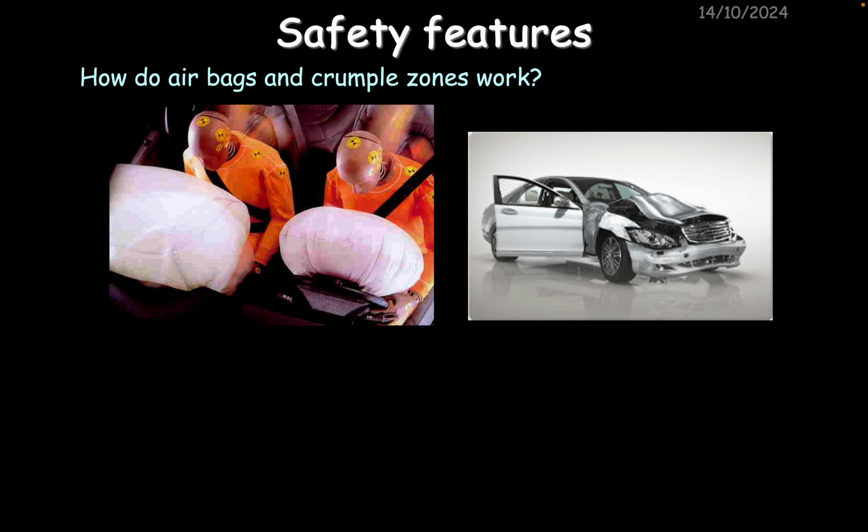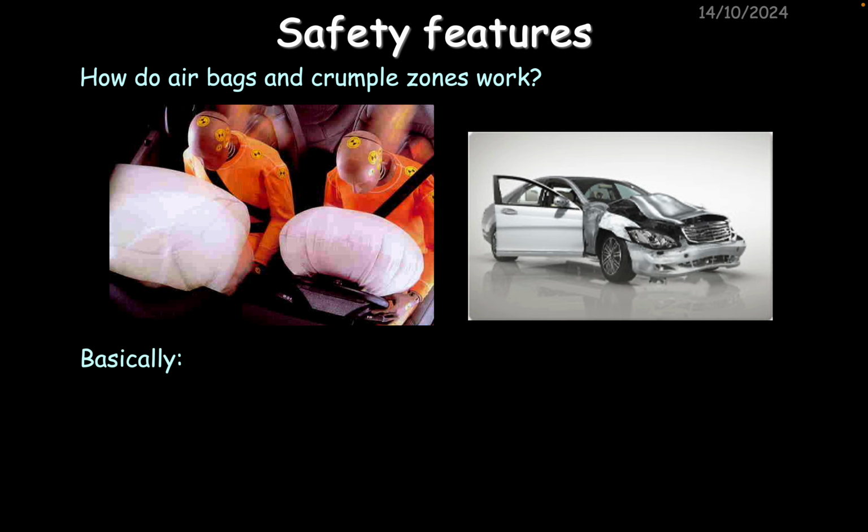Of course, the person sitting inside the car is inside what's called the safety cage, and those parts of the vehicle where the passengers are designed not to crumple. So you want the crumple zones to gradually take the energy of the collision by doing work on the material